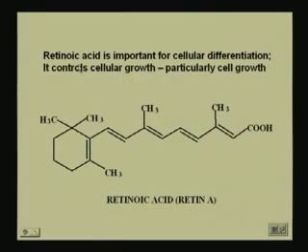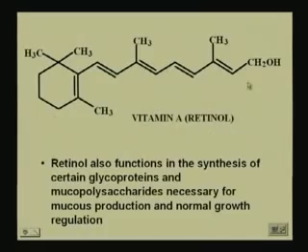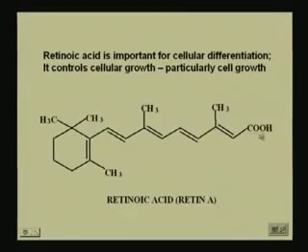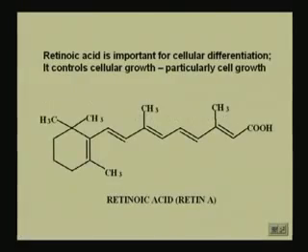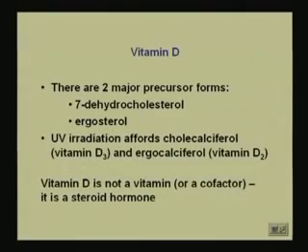And retinoic acid also, which is the acid form of retinol. When this forms retinoic acid, it is also involved in cellular differentiation, it controls cellular growth. Okay. So, because you have already read that vitamin A, the deficiency of it is going to cause night blindness, it is good for your eyes and so on and so forth, it is also good for a number of other activities here. So, vitamin A is involved not only in your visual pigments, but also in your glycoproteins and in cell growth. Vitamin D,